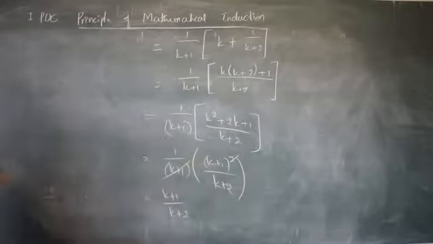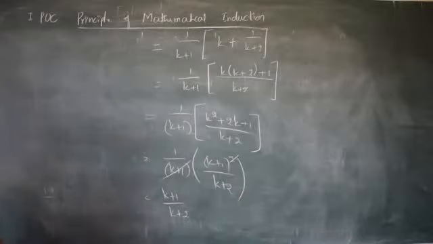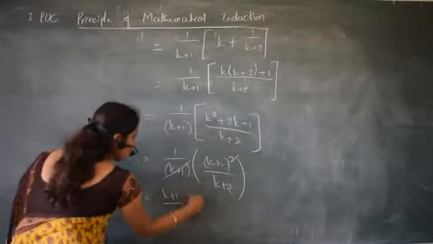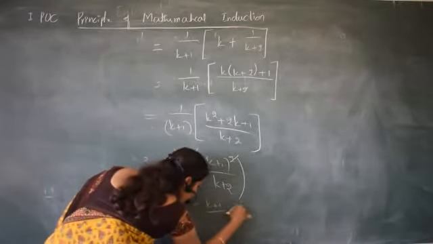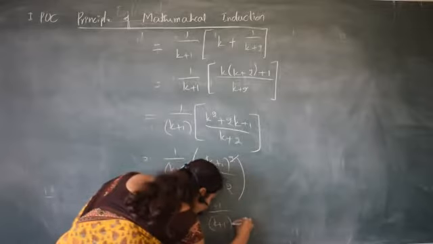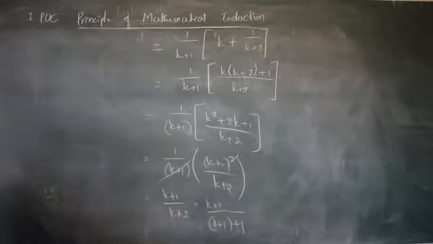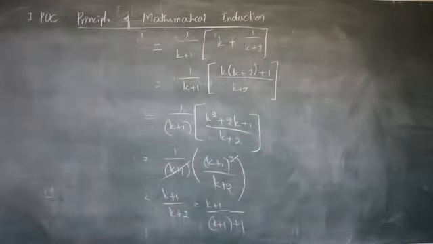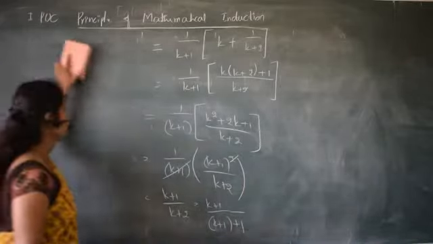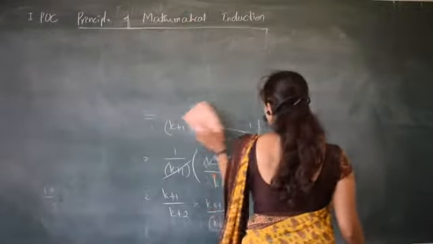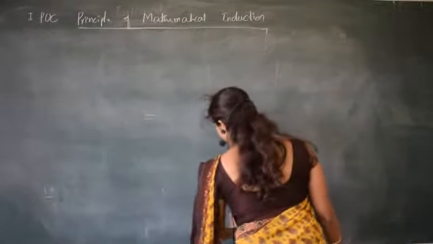And in the formula what we have is, for n it is n by n plus 1, for k it is k by k plus 1. Now for k plus 1, the numerator should be k plus 1 and the denominator should be k plus 1 plus 1. We got k plus 2, therefore this will be k plus 1 divided by k plus 1 plus 1. Therefore, what is the conclusion? Therefore, P of k plus 1 is true whenever P of k is true.